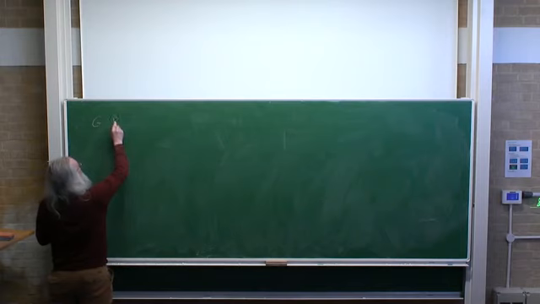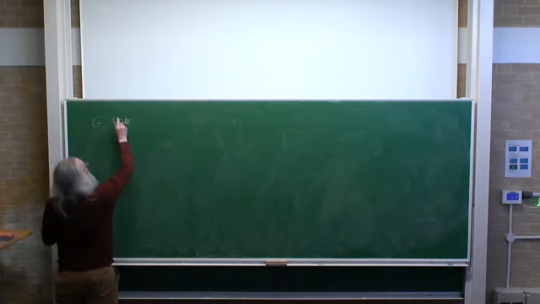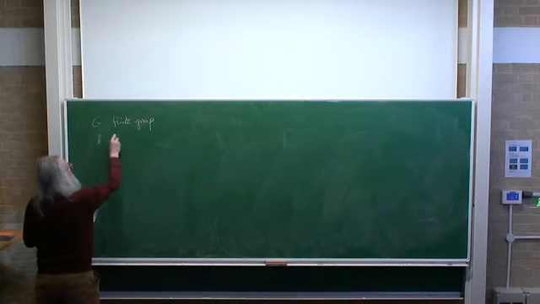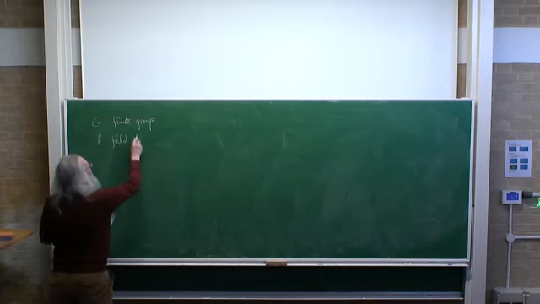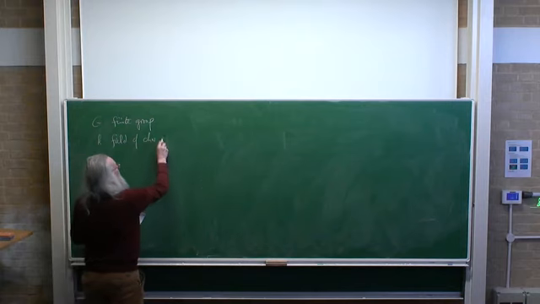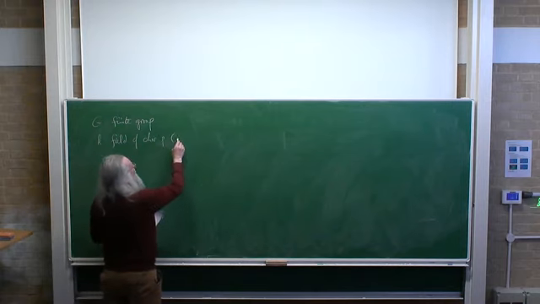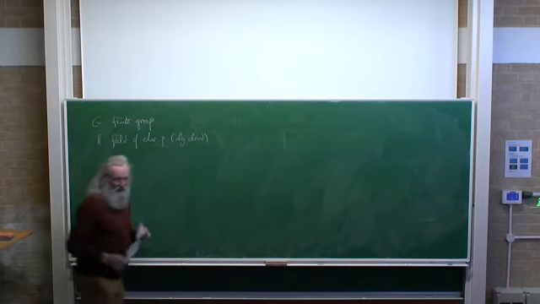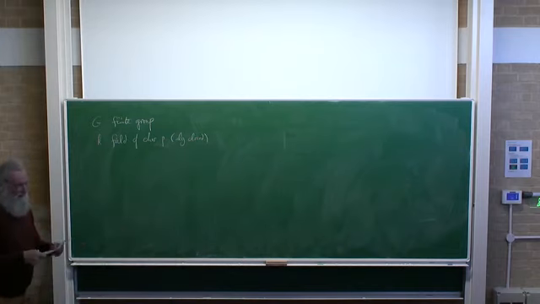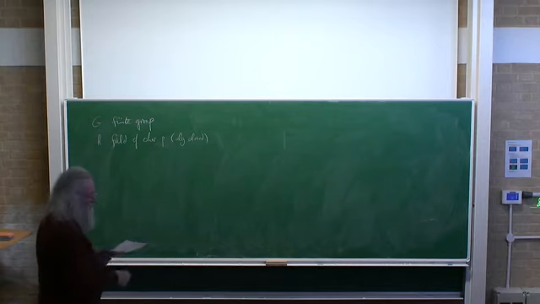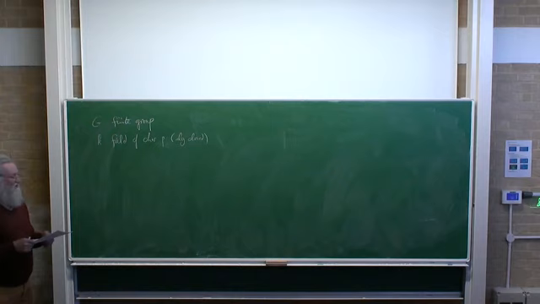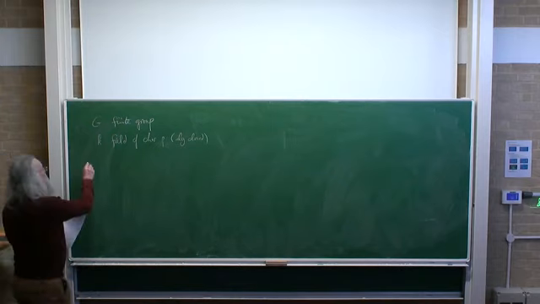So G is going to be a finite group. And K is going to be a field of characteristic P. And I may as well assume that it's going to be algebraically closed. It's not strictly necessary, but there'll be various things I say that I would have to modify if I didn't assume it was algebraically closed, but you can still say them, but differently. So the question is,